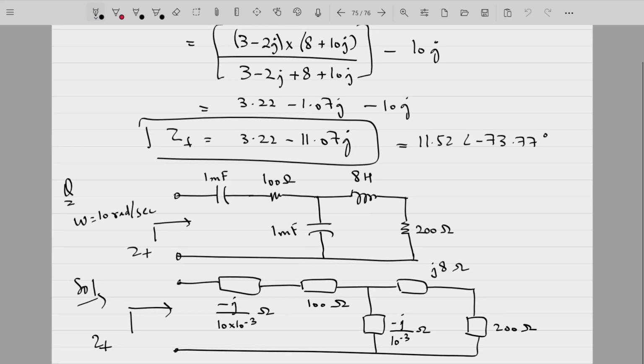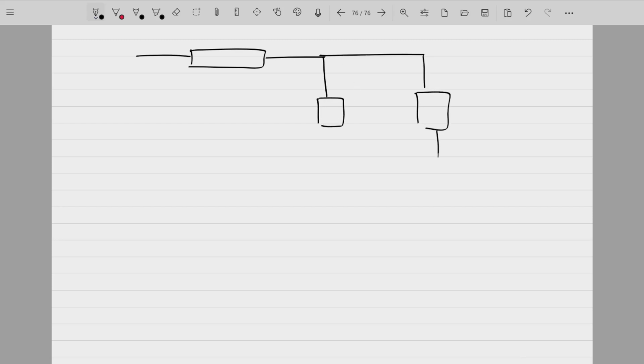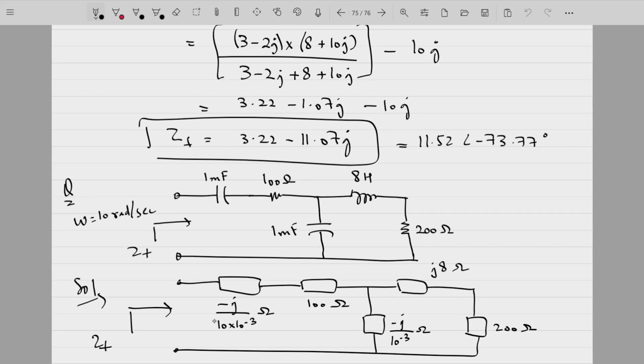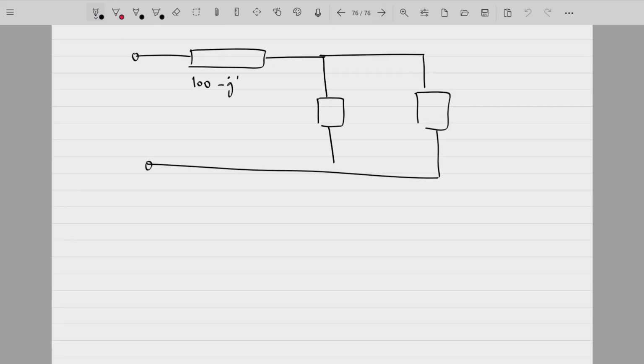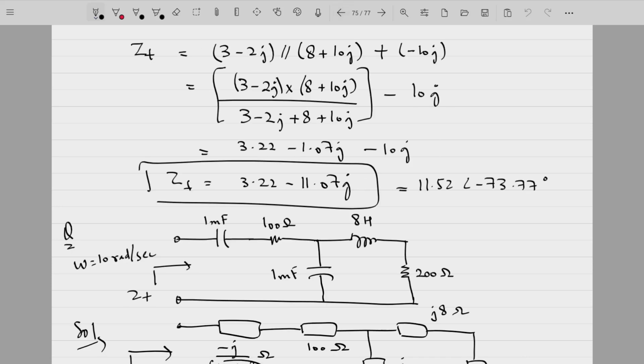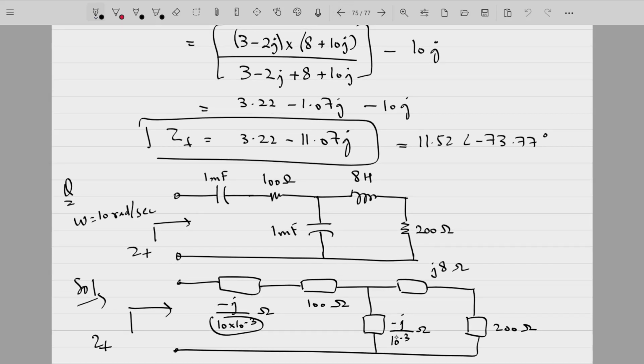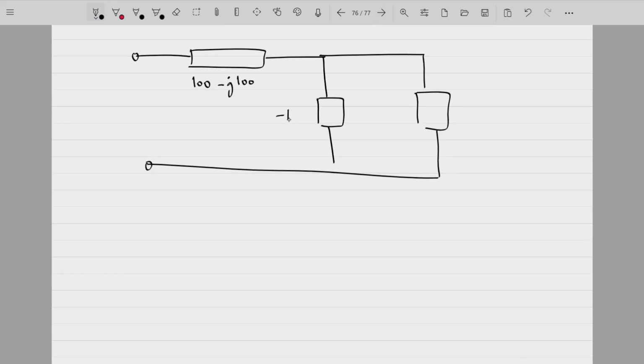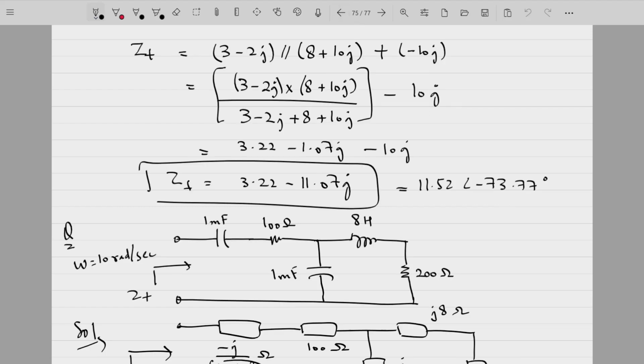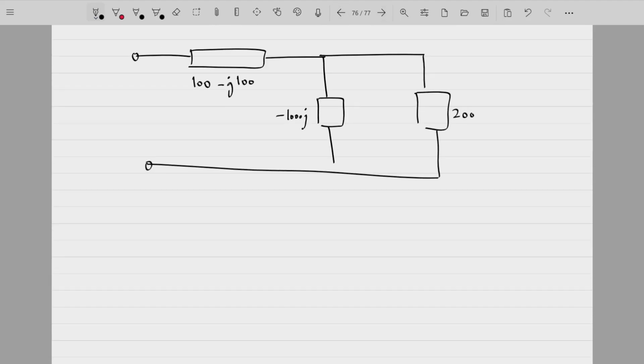तो ये जो सर्किट है आपका, यहाँ पे 100 माइनस जे, जे 100 है। डिवीजन में यहाँ पे 0.01, तो 100 आ गया। 100 माइनस जे, ये आपका माइनस 1000 जे हो गया। ये आपका 200 प्लस जे 8 है, 200 प्लस 8 जे, फाइन। तो आपका जो जेड टी है दैट इज 100 माइनस 100 जे